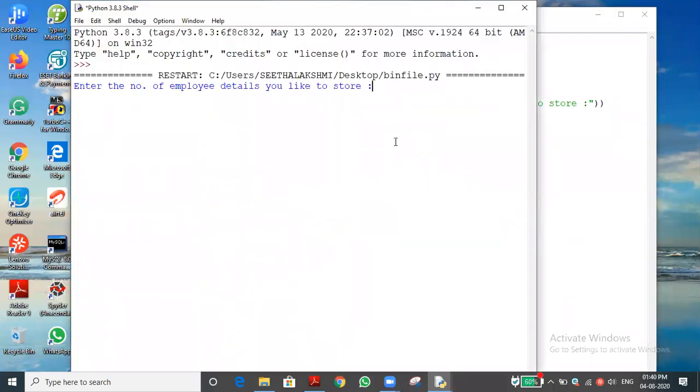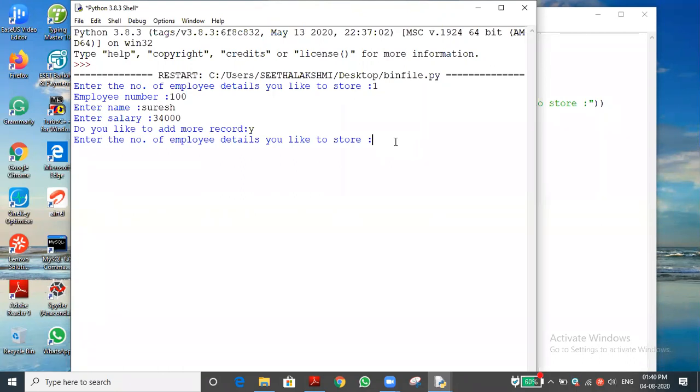Now number of employees is given 1. So I'm just giving the number 100 and name, for example Suresh. I'm just giving salary. Why I'm just giving. Now it is asking. Yes, correct. So code is correct only. Again, let me ask the employee number 2 times. Ramesh, you will type.